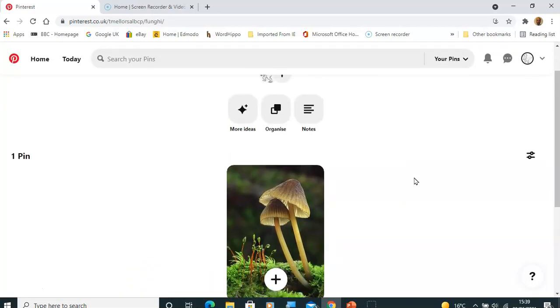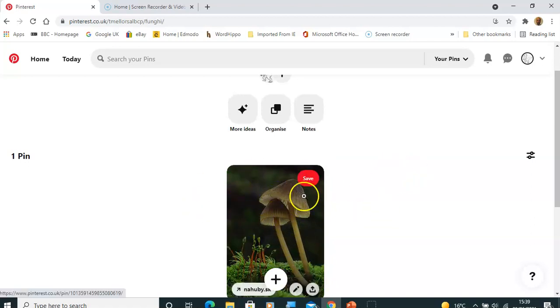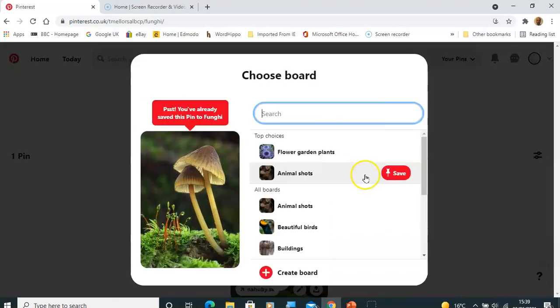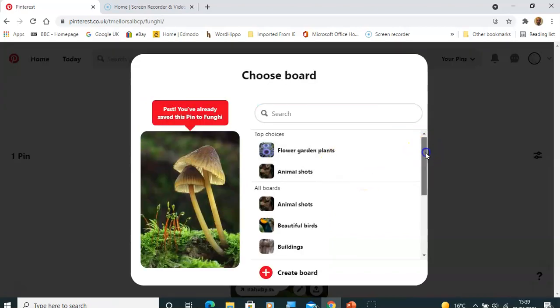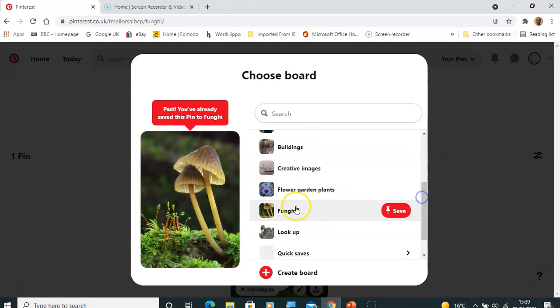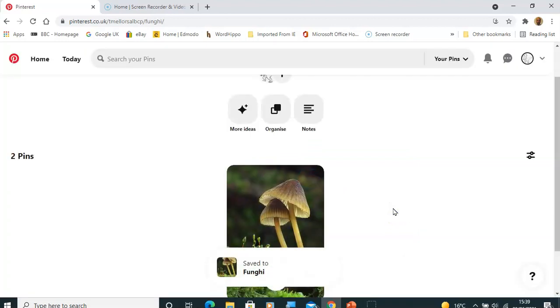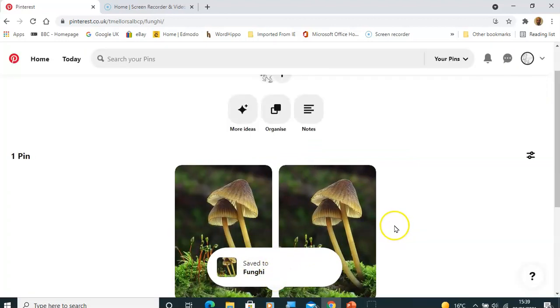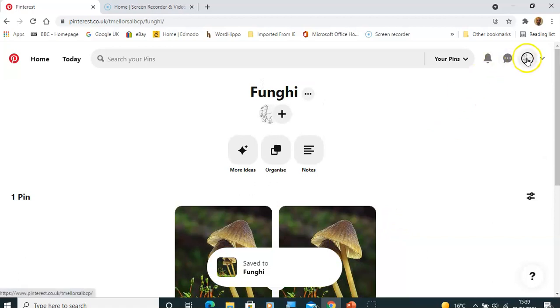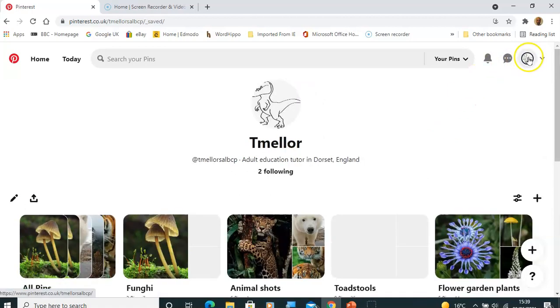Okay, so there's the board, and that is pinned into it now. Let's just save it to be sure. Make sure it's in the fungi one, and it tells us it's saved into fungi. Alright, now if I go back to profile page by clicking on my profile button,